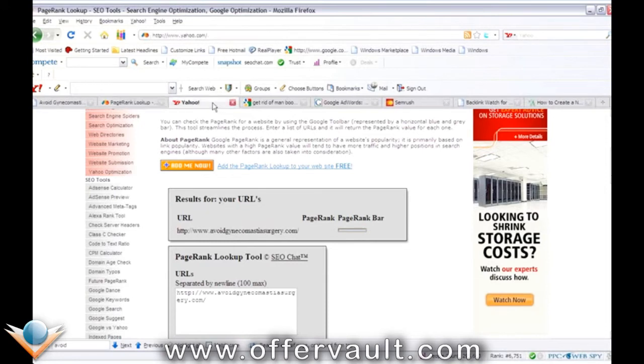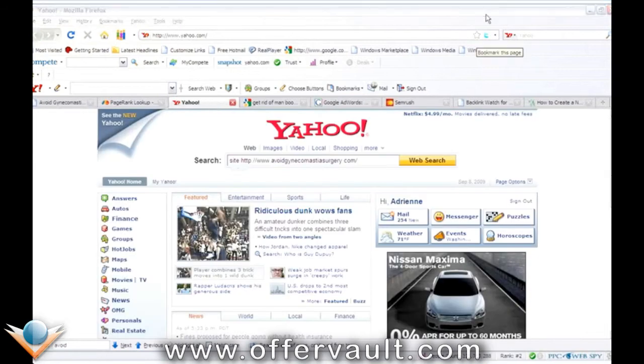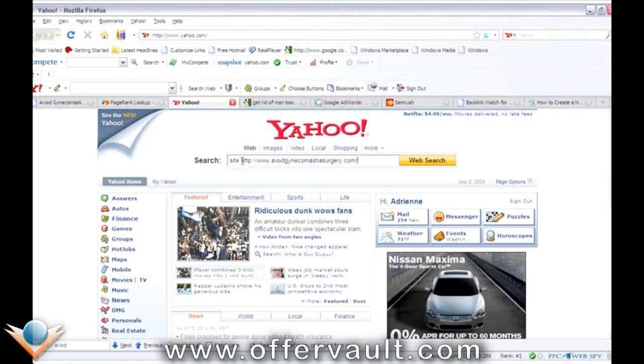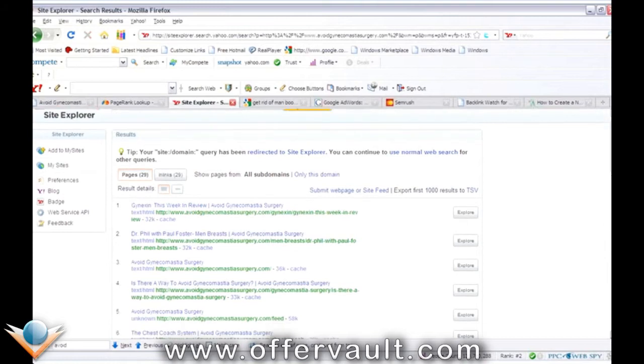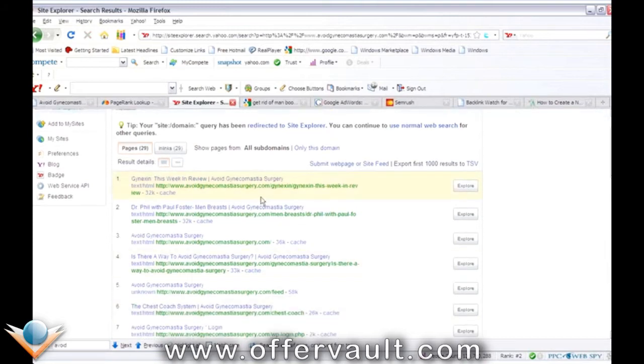And then you go over to Yahoo, and for those of you who are familiar with this, you type in site, or you can type in link, but when you type in site, you get both. So you do site, and then HTTP, slash, with the www, and you will get different results when you put www in versus not. So you can check it both ways. I link build with the www, so you have to be careful about that. So we do see that there are 29 pages to this site, and then we have 29 incoming links. And when we look at the actual links, on the in-links,